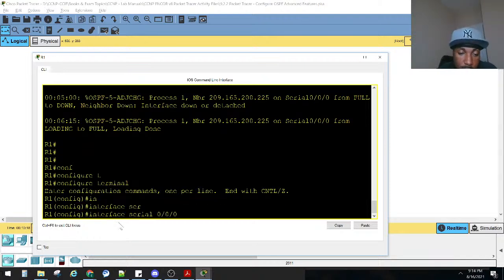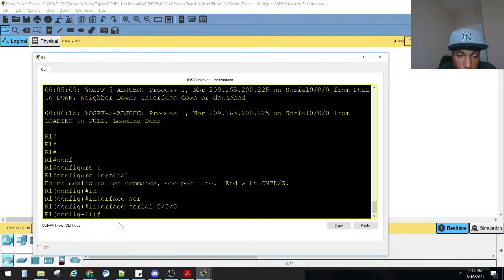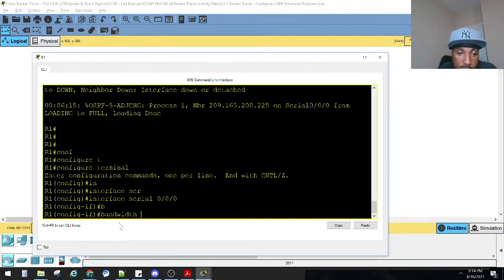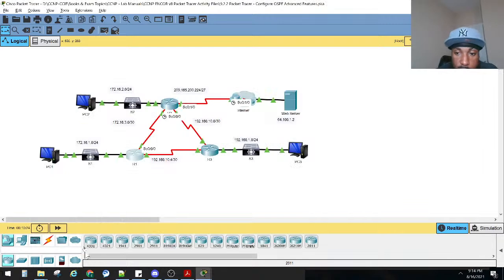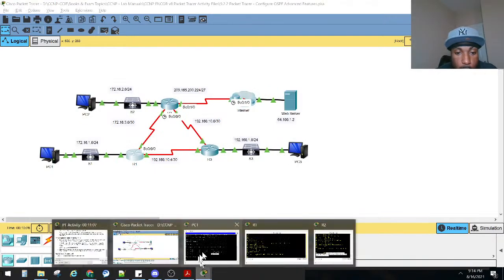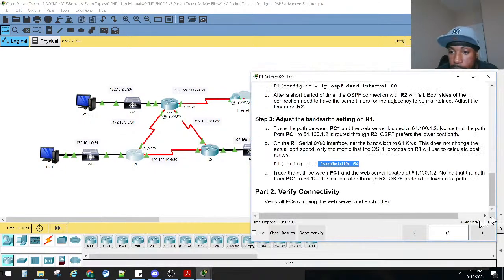path worse. Bandwidth 64, they said, right? That should theoretically say we're pretty much done with this. It was, I told you, a short lag, right? See, 100% complete. Now they want us to trace that path again, and notice that the path from 64.1.12 is